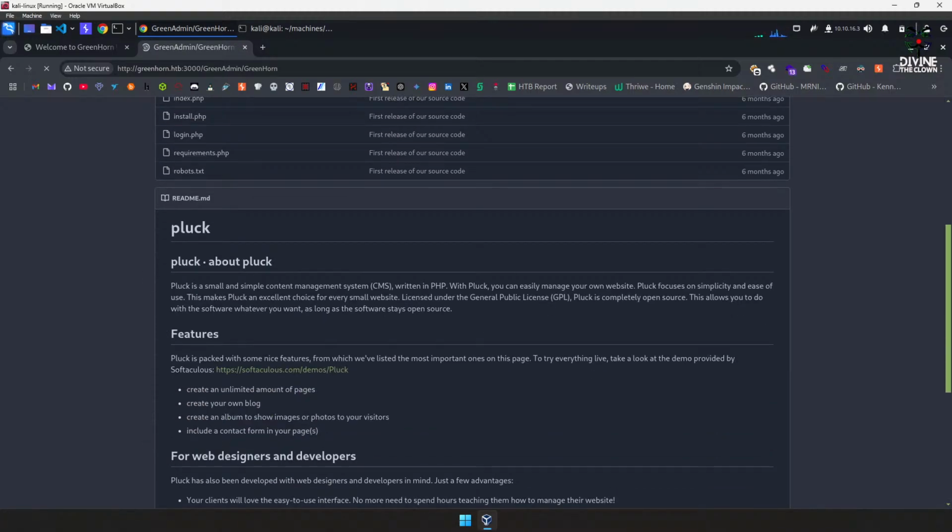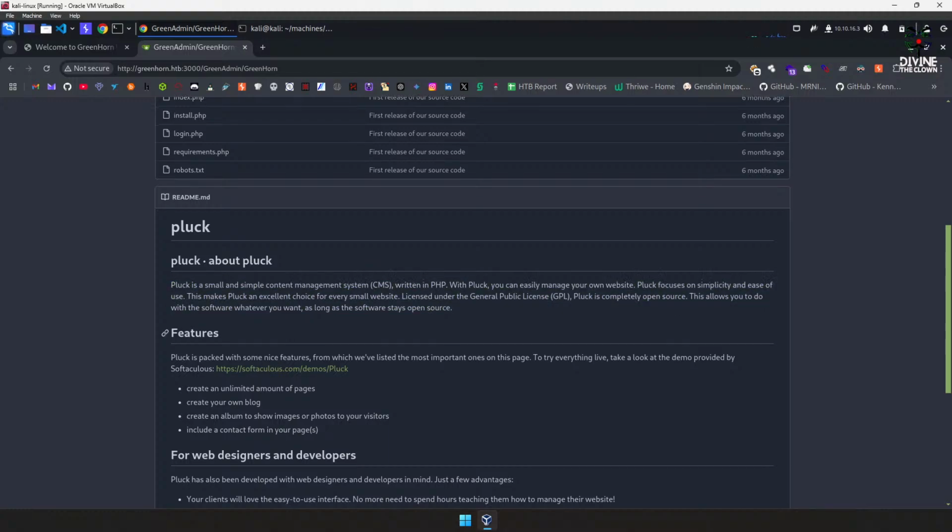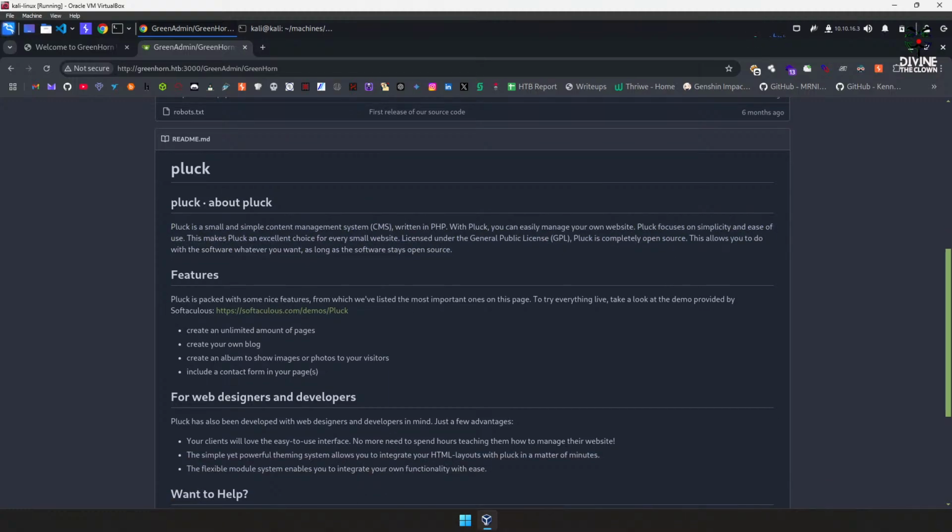It says Pluck is a small and simple content management system. That's a CMS, written in PHP. With Pluck, you can easily manage your own website. Pluck focuses on simplicity and ease of use. Okay, so this is a CMS which we can use for development. And the next part is